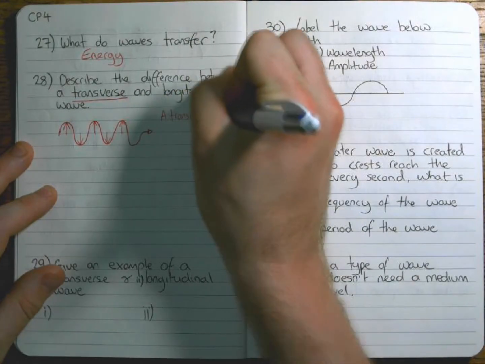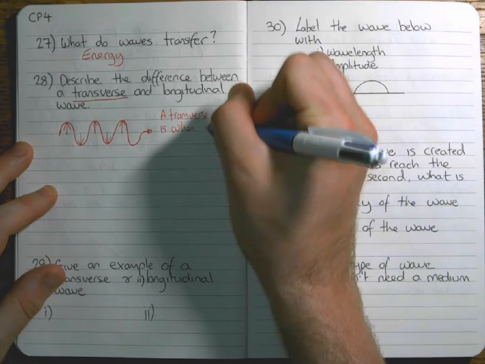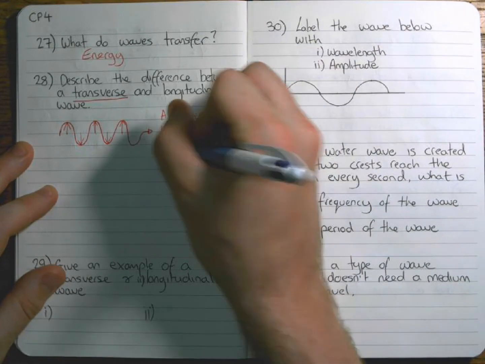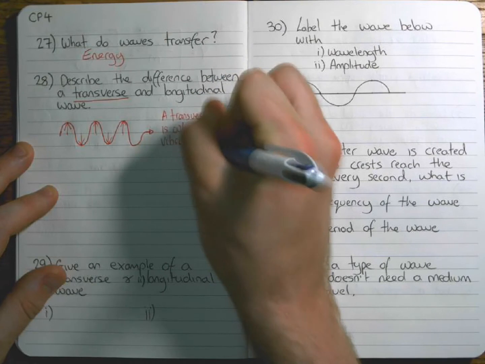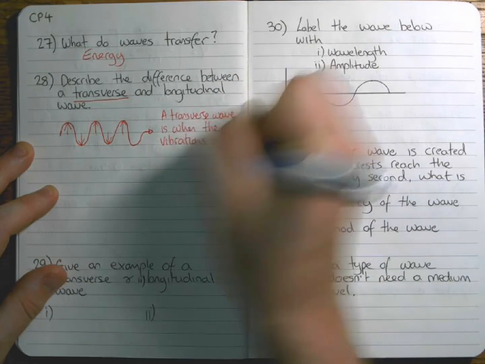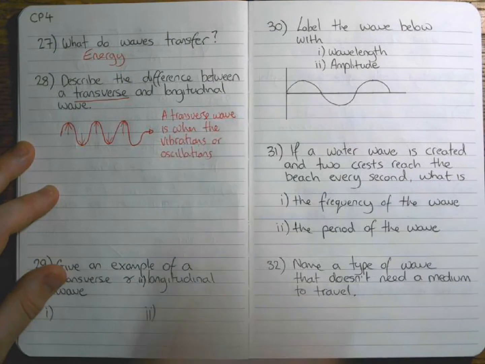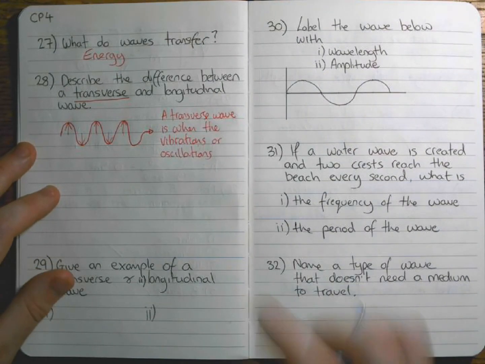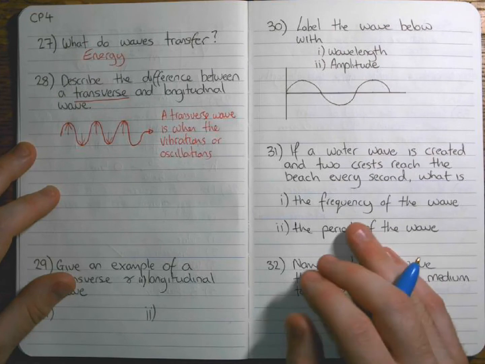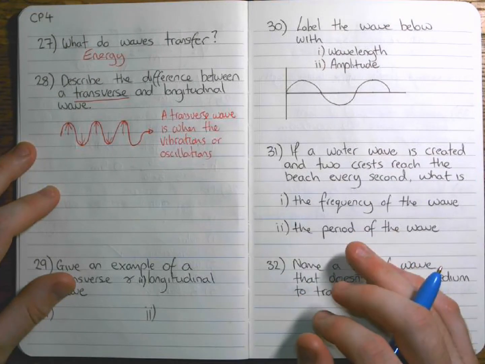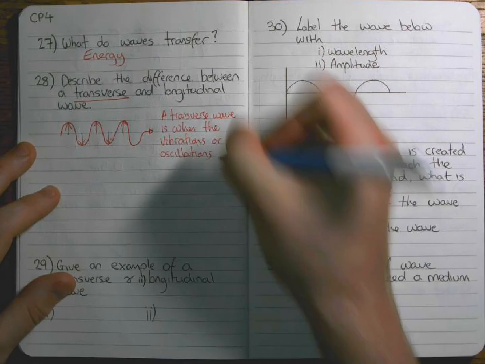So a transverse wave is when the vibrations or oscillations, I've put both in there because they're essentially the same thing in this example. So a vibration and an oscillation, we can use that word interchangeably. You can use either. A transverse wave is when the vibrations or oscillations are